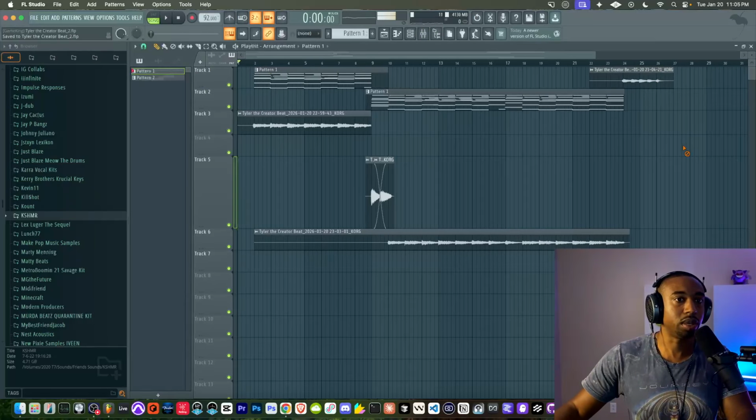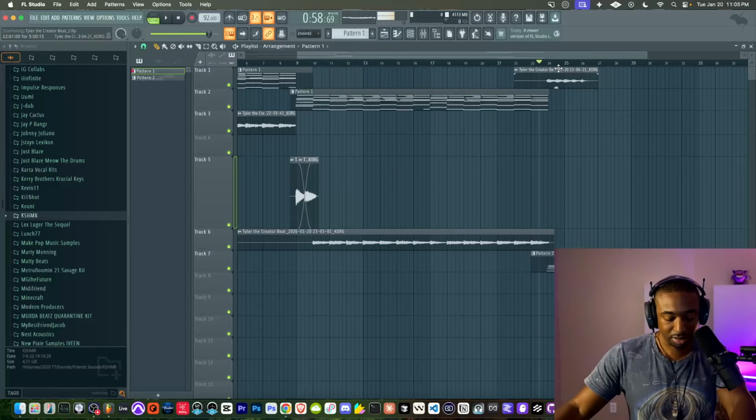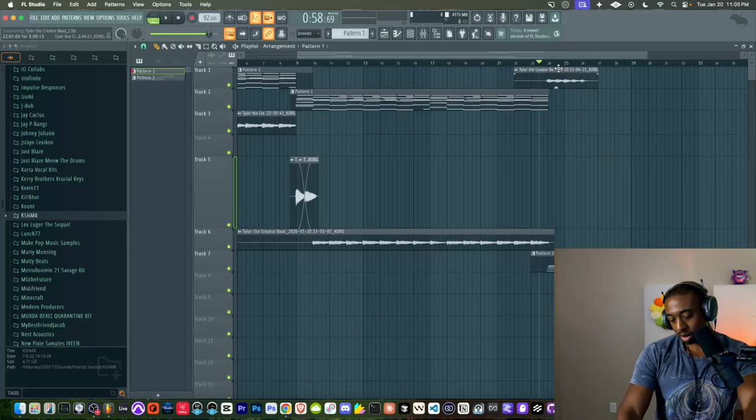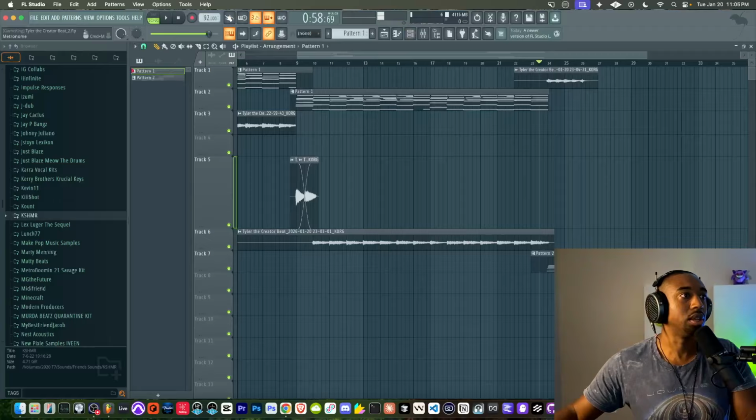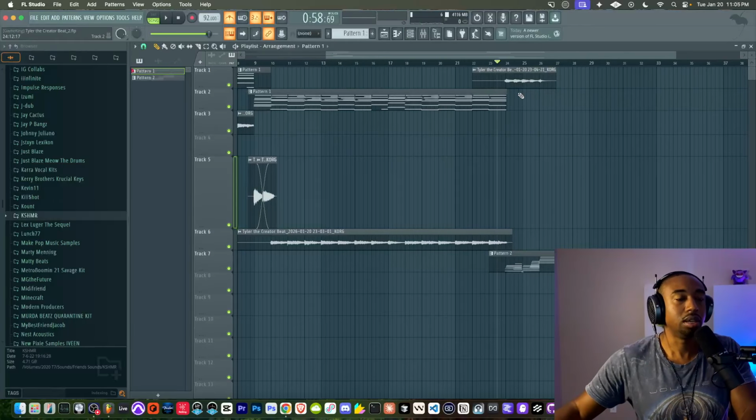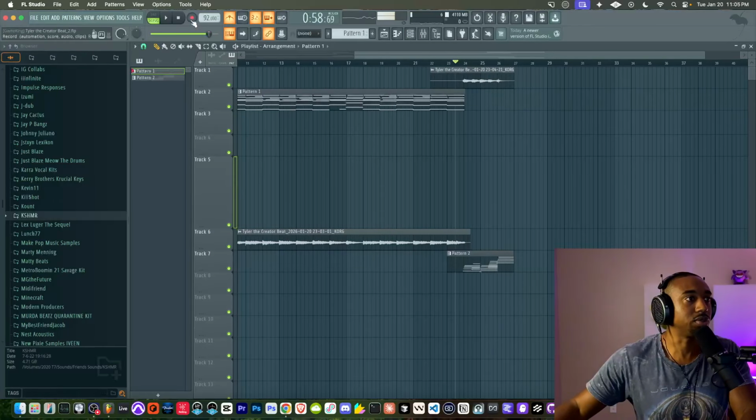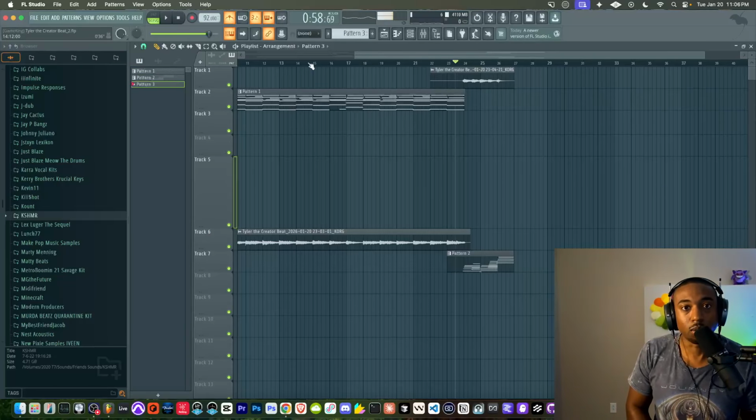All right, now one more thing we can do just for a little switch up is basically I'm just going to transpose my keyboard up 1 semitone. Now you could just sit there and learn a new key, but I'd rather just quickly transpose for this demonstration. And let's go to a new pattern and we're going to play the same chords where it's just pitched up 1 semitone.